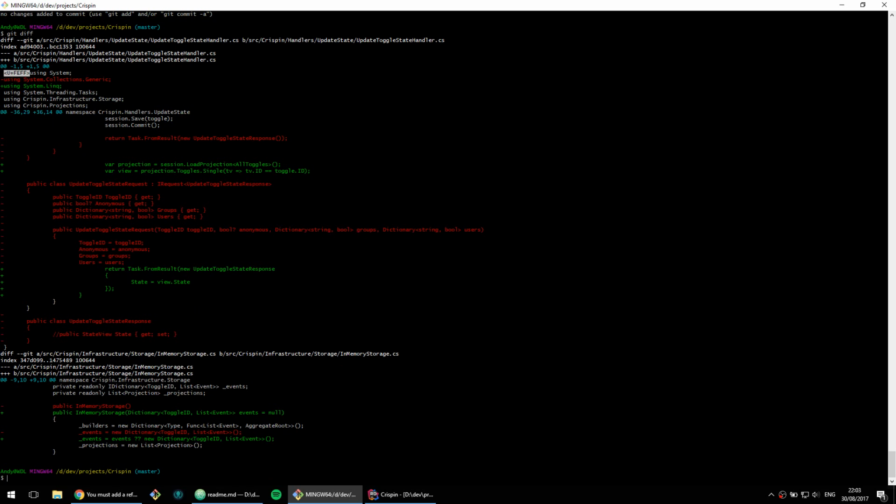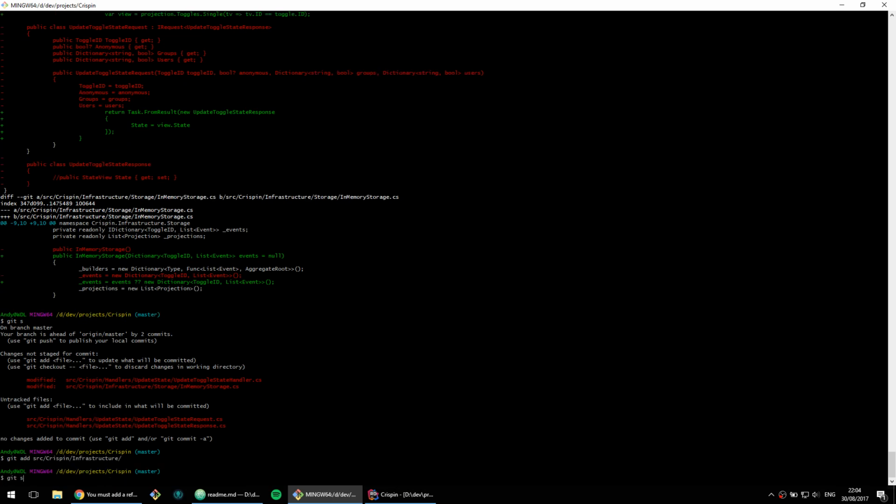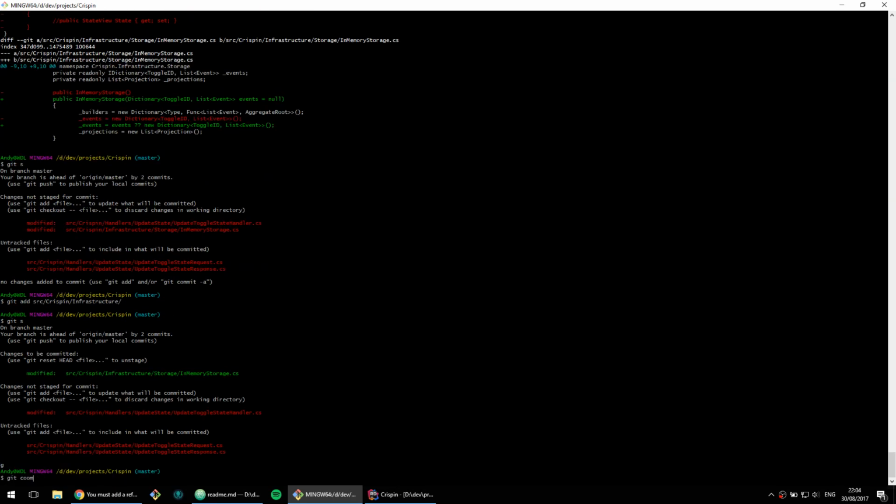Right. And then to commit that we actually need to add the in-memory storage as well. And as I meant to commit that in the last thing,